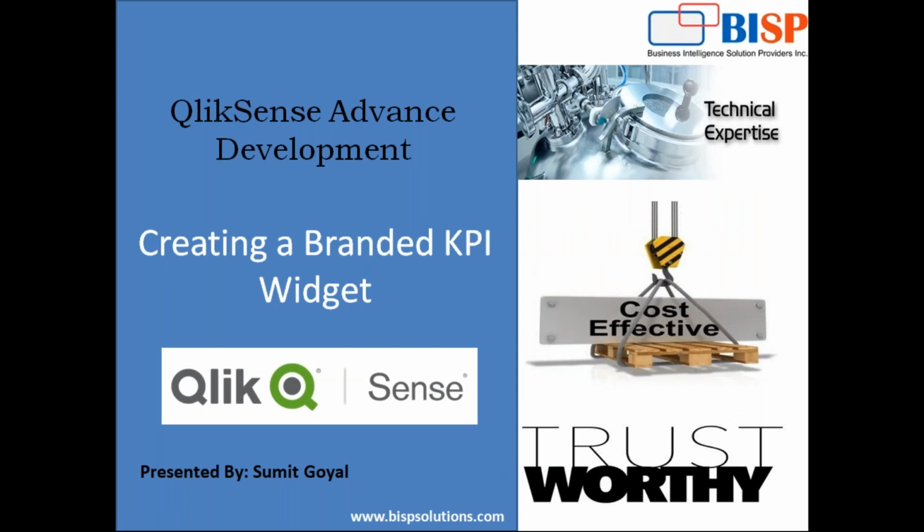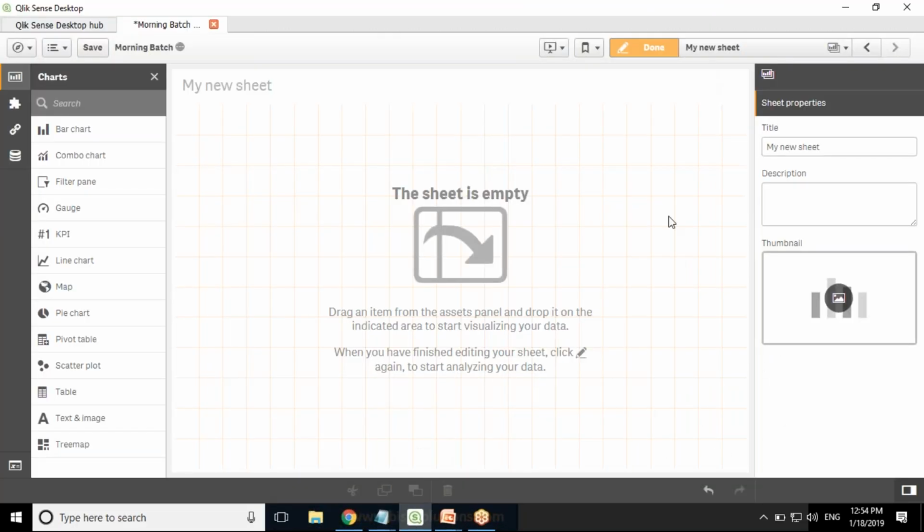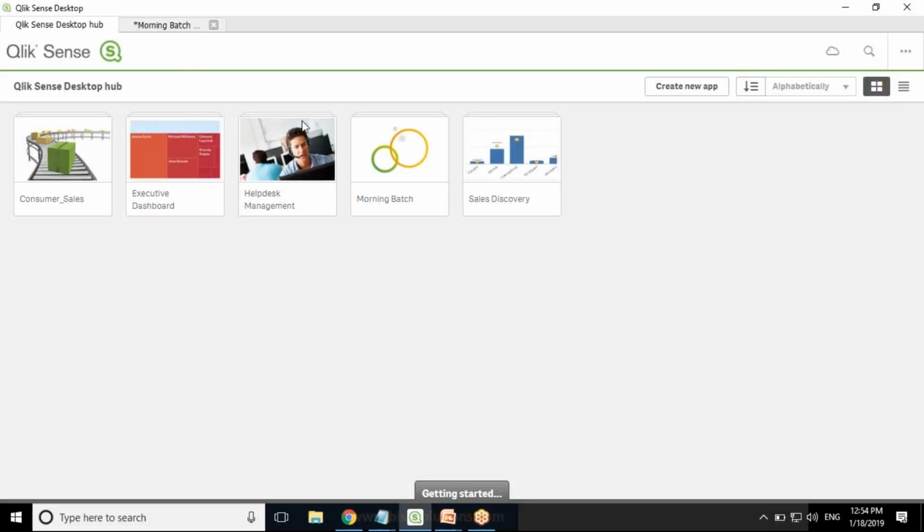In simple language, widgets are simple app objects which are created using only two things, HTML and CSS. So we are going to learn how to create widgets, and for that you should have Qlik Sense Desktop installed on your machine. As you can see, I already have Qlik Sense Desktop installed on my system, and here we need to switch to Qlik Sense Dev Hub. When you see the three dots here, simply click on Dev Hub, and when you click on Dev Hub, it will